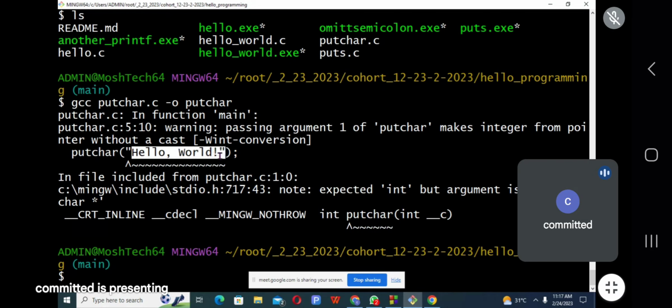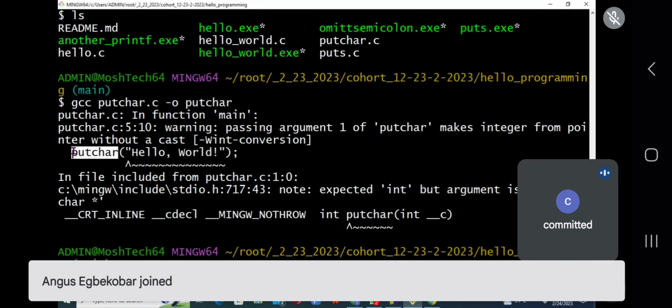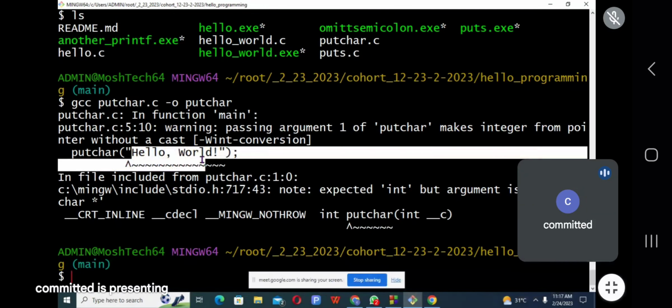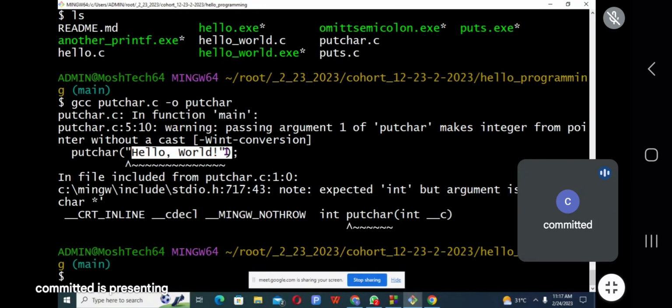There is a way we can still use putchar to print all these characters, but we have to introduce either an array or a pointer to do that, which will be advanced for us for now. So I'm not doing that for now.